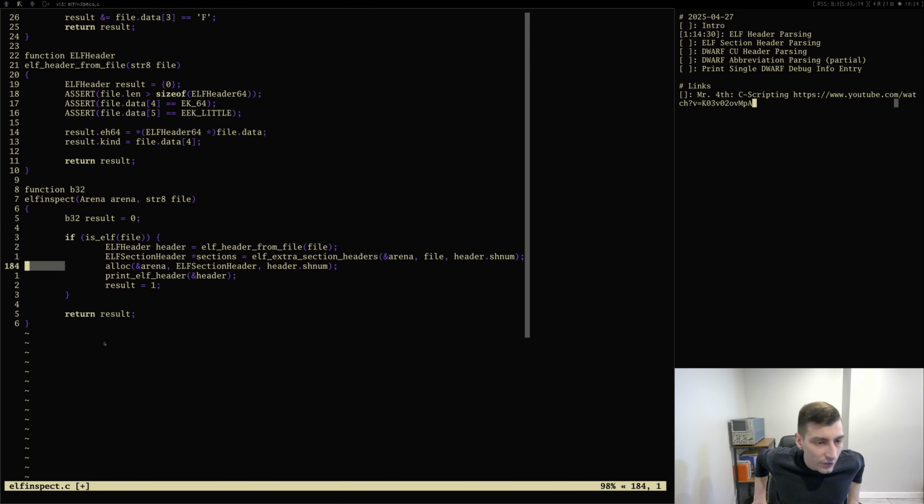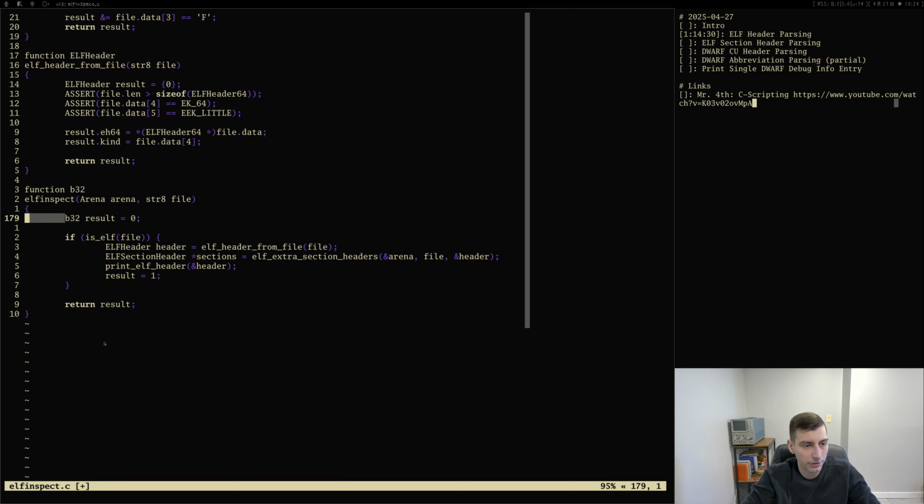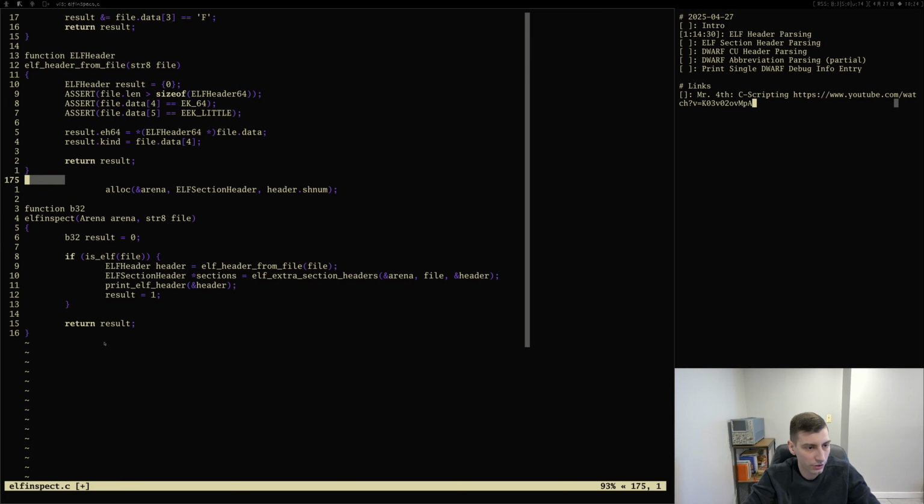Okay, so the reason why I actually want to pass this in is because we need to know some other things from this header, such as the endianness and so on. So we're going to keep this, and we're going to go into here, and we're going to do